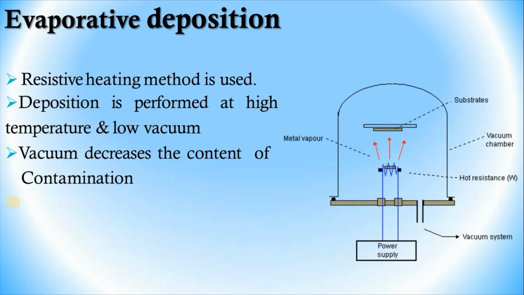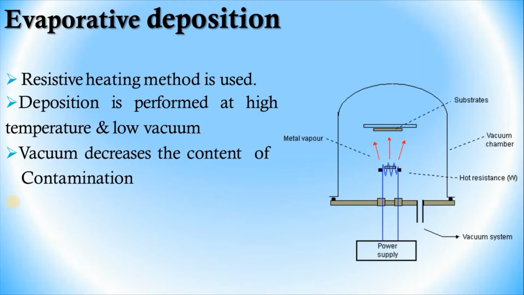So in this, metal vapors are produced from the metal to be deposited, which is located in a source, and subsequently condense on the substrate to form the film. Depending upon the methods employed for evaporation, this process is divided into thermal evaporation or electron beam evaporation. If you consider thermal evaporation, metal vapors are produced from metal which is located in a source and heated by means of resistance heating.